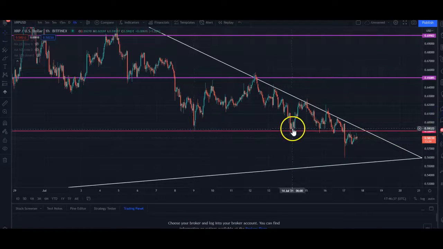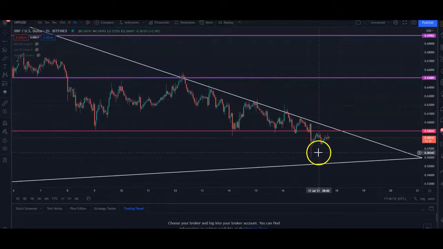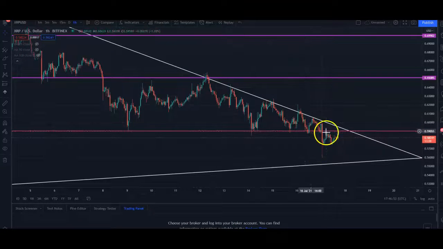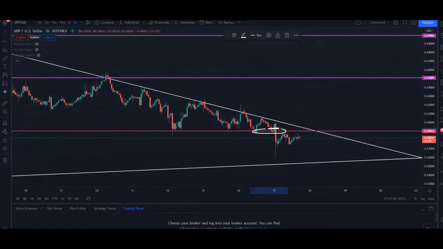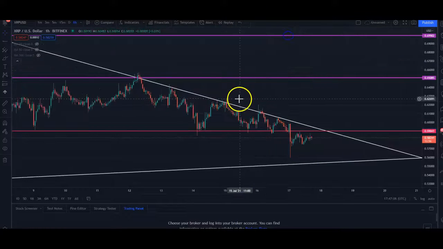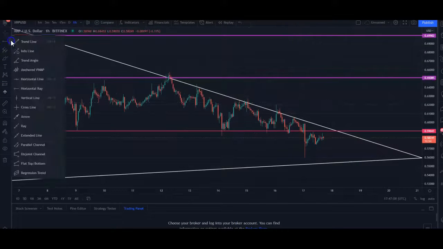See how it bounced from here, consolidated, stayed above, consolidated, stayed above, slightly broke it, boom, had a bullish engulfing candle, pushed back up to the rejection zone, and then from the rejection zone we had a massive bearish engulfing candle breaking this support. Now again, we do not take the break, we wait for the retest, right? We wait for the retest, and as you guys can see, can't make this stuff up,